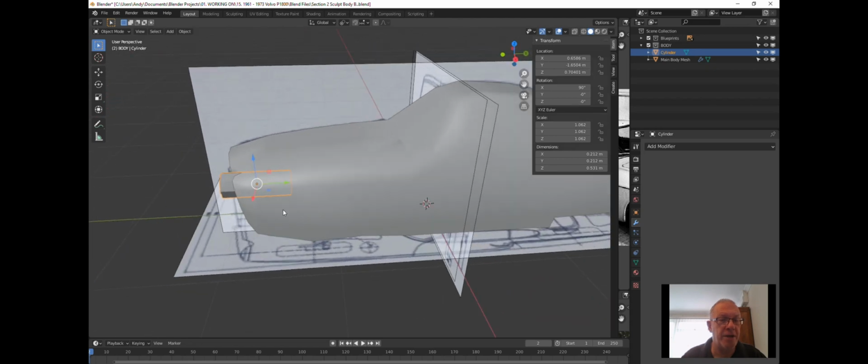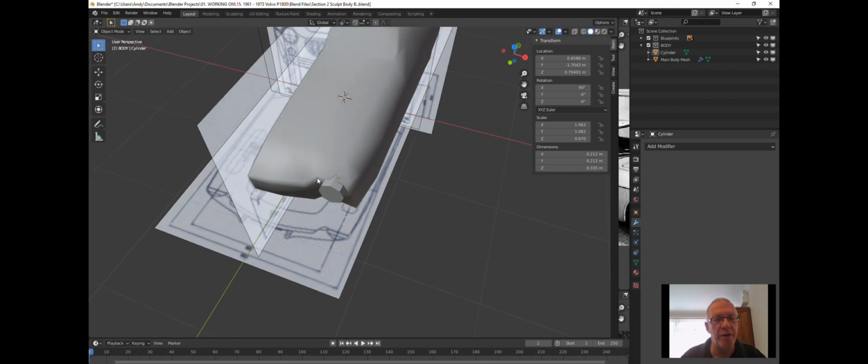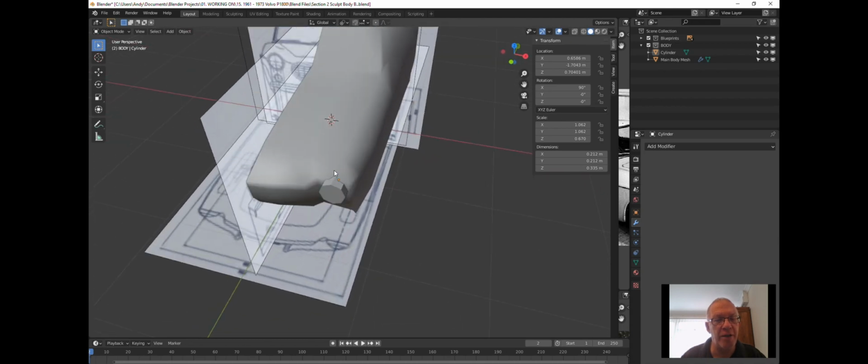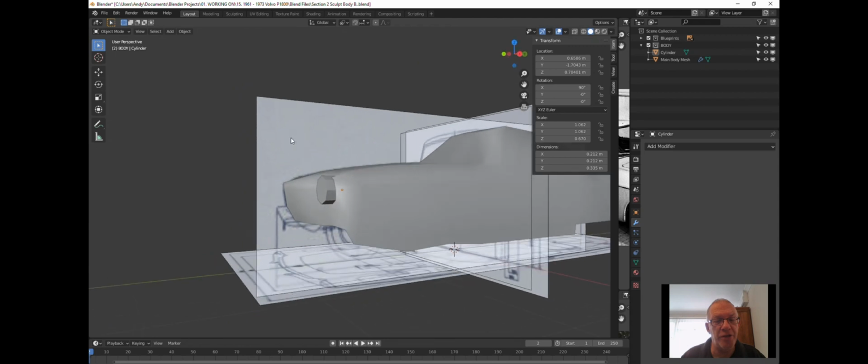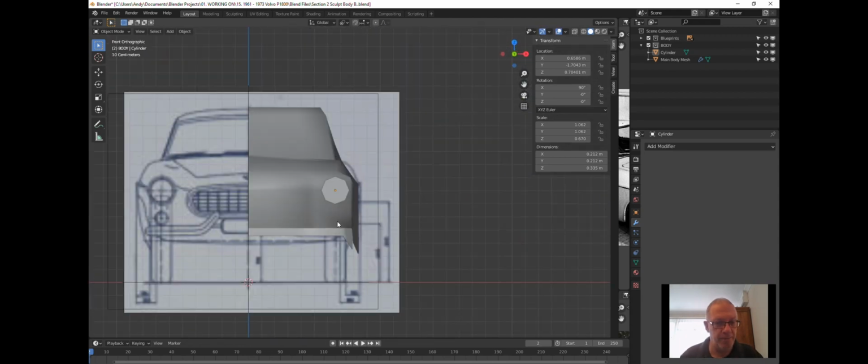So let's scale this down a bit, it's a bit too long. So scale in the Y, so SY, just bring it in to there and move it out. Okay, so go back to the front view. So press 7, remember this is not the headlight, this is just to show us where it is in the mesh, so we can actually shape around the mesh. But look, it's not looking bad at all. So go into wireframe mode again,